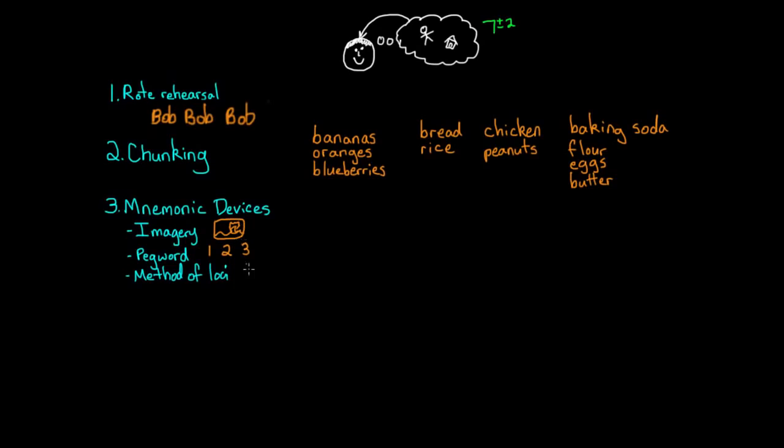So we might say, okay, there's a gun, and it looks like a banana. So we have our banana gun, and he's shooting at an orange, hiding behind a shoe. And then the orange rolls away and rolls up a tree where he finds blueberries hanging there. And really by doing that, you've combined imagery with the peg word system. And the more mnemonic techniques you can use, the more encoding techniques overall, the greater the likelihood that you'll remember